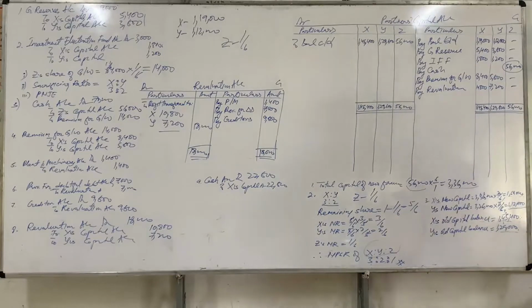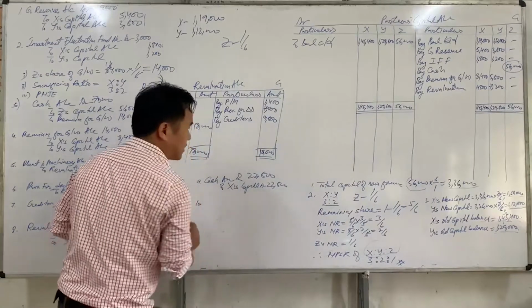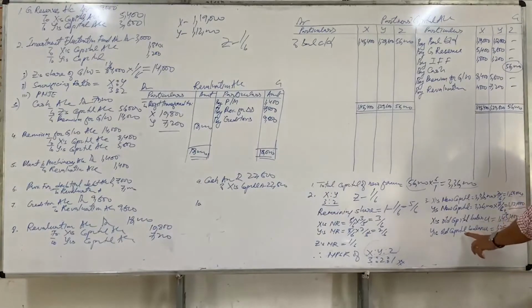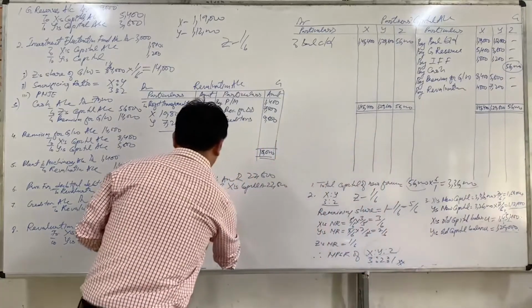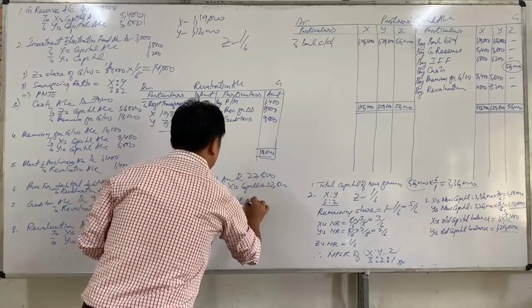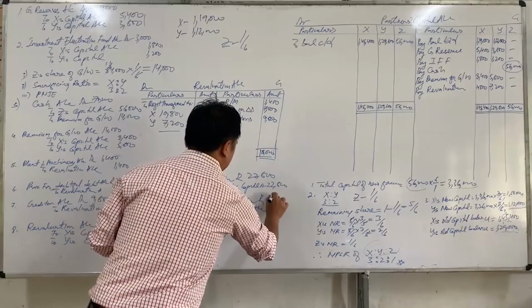Okay, 1,29,000 minus 1,12,000, the difference will be 7,000, which means since there is a surplus, Y will withdraw an excess amount of rupees 7,000, since the difference between old capital balance and new capital balance is 7,000. So the journal entry will be Y's capital account debit to cash account, which is rupees